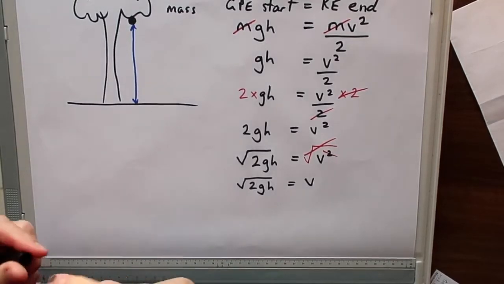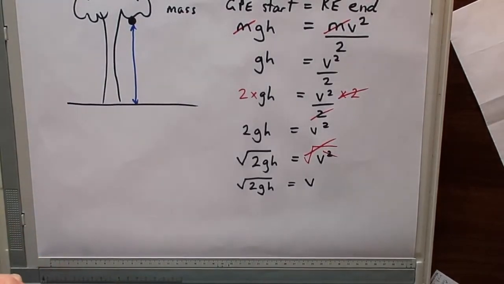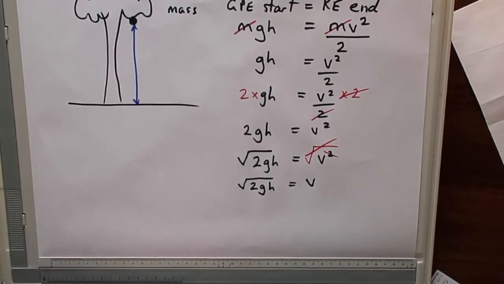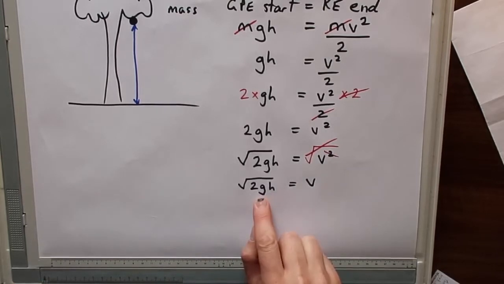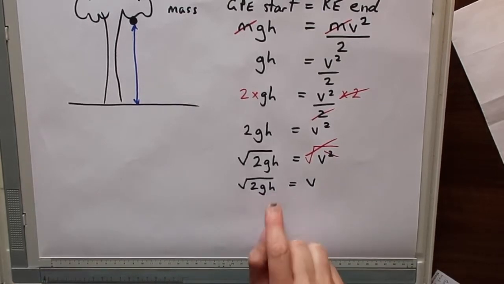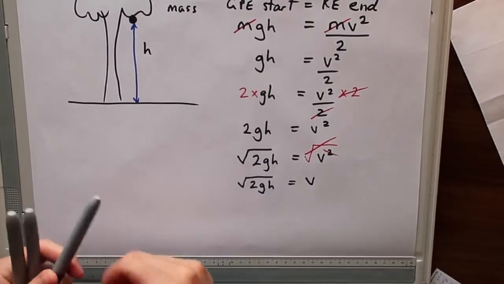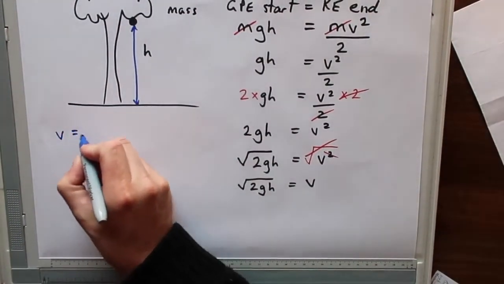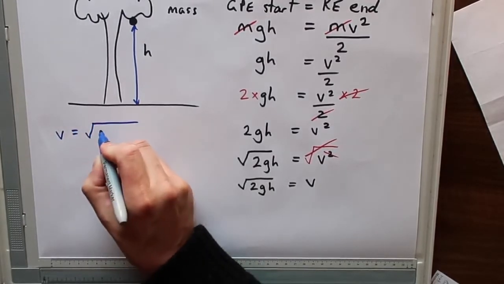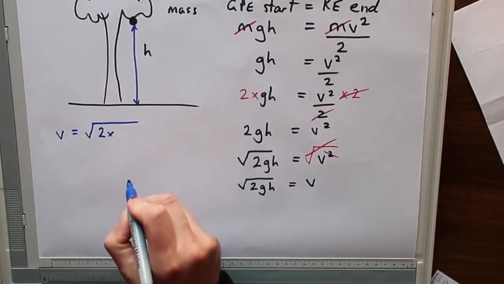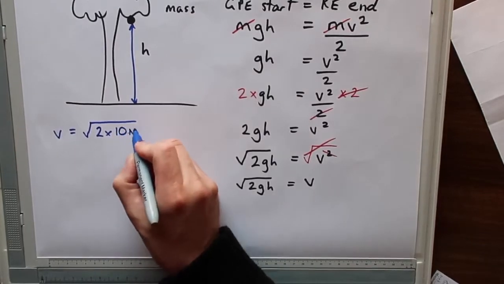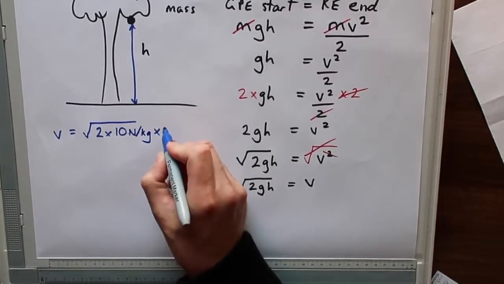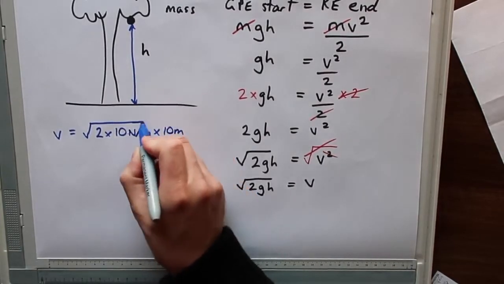So because the gravitational potential energy involves mass and the kinetic energy involves mass, they will both cancel out. To work out how fast something will hit the floor, all you need to know is the size of the gravity and the size of the height. So for example, if we say that the acorn is 10 meters, to work out the velocity, you just do 2 times 10 newtons per kilogram, because that's the size of gravity, and I've said it's 10 meters off the floor,